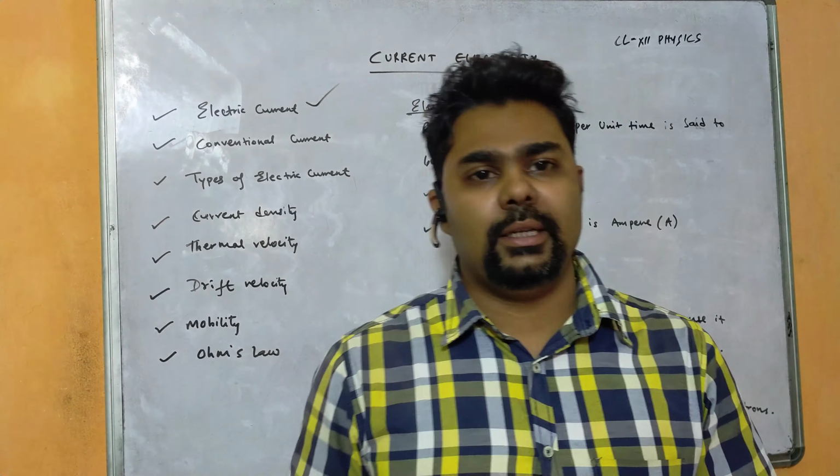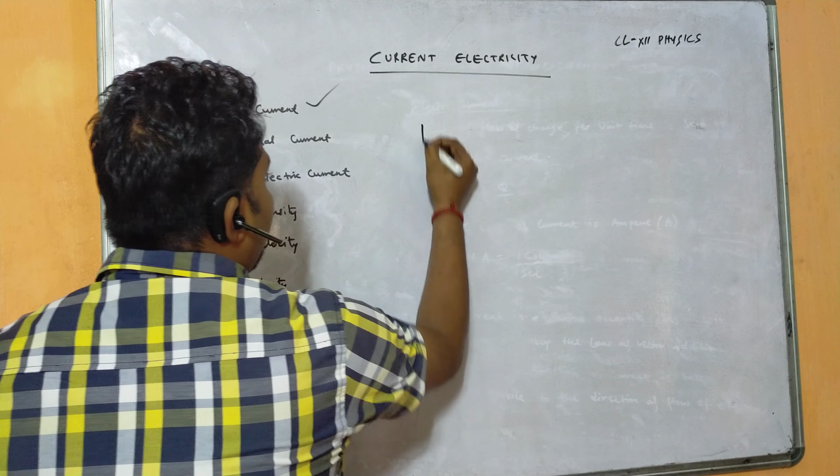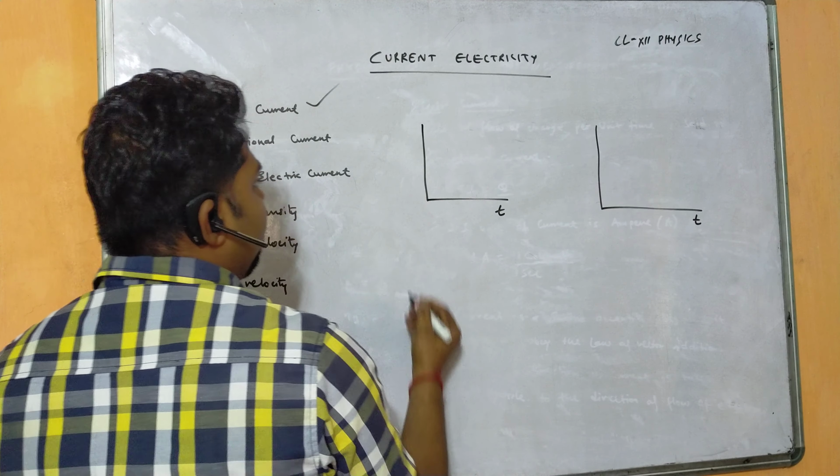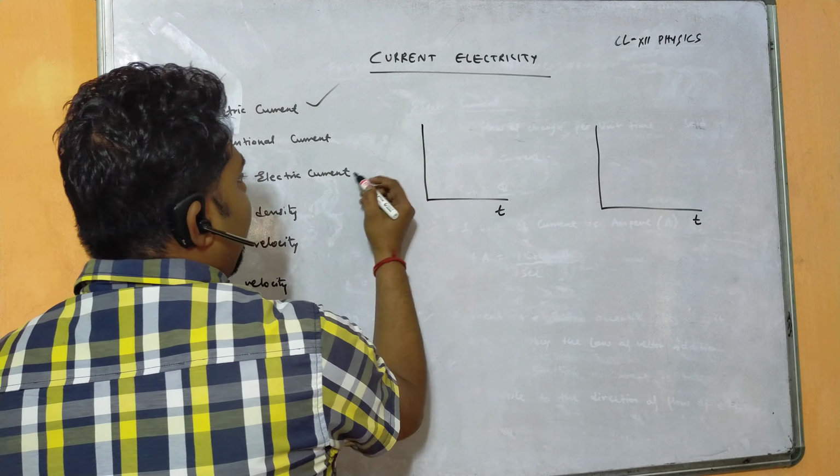Now when I take it in a graph, we'll see that if I plot in terms of time, and this is the current, right? This is the magnitude of current. So for direct current, we'll be getting a straight line. You see, the magnitude is same. But whereas for alternating current, we'll find that it changes its direction and magnitude periodically. That means again, it will move like this, right?